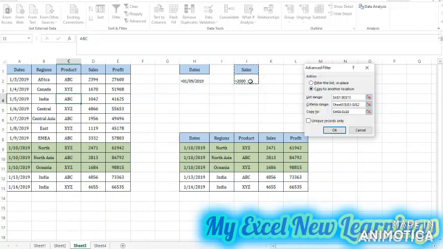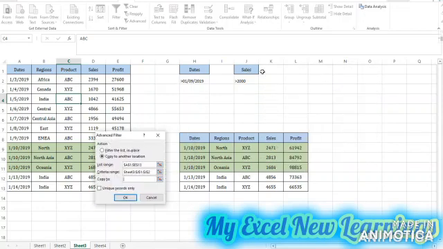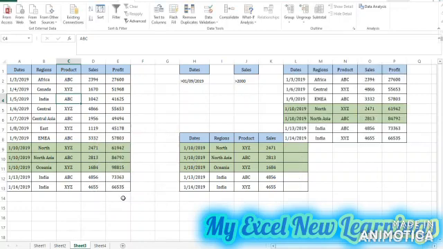I want to see the sales which are greater than 2000, then copy to other location. So we will see the data reflect here. We have got 7 records with sales greater than 2000. So you can use the advanced filter for greater than for the dates, or smaller than for the sales or profit.